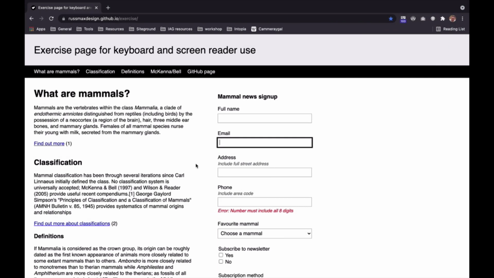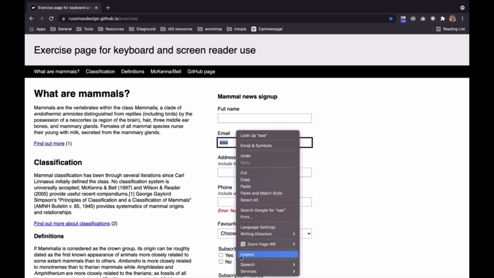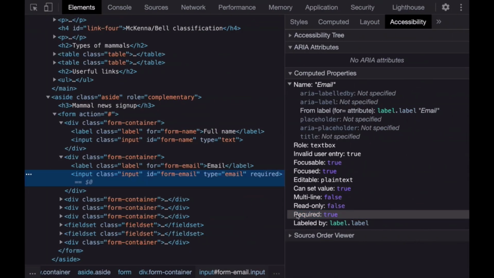Okay, back in that email field, what if we were to type something like AAA into that email field? What we really want to know is whether the current value of that element is exposed in the accessibility tree. Again, we right click on it, inspect, and go to the accessibility tree.